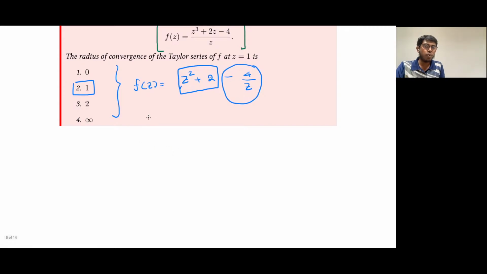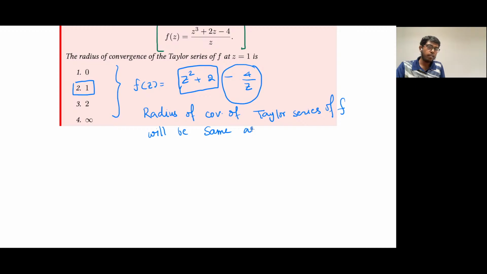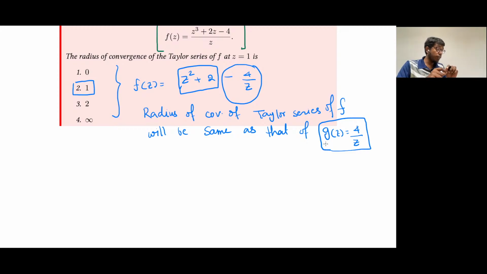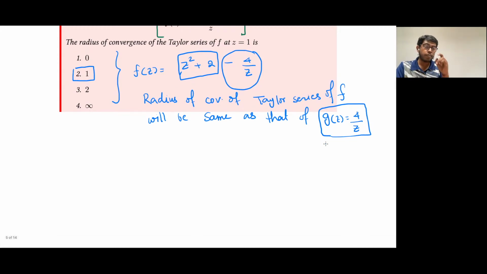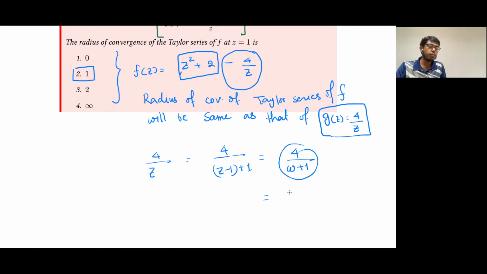So let's see 4 by z. The radius of convergence of the Taylor series of f will be the same as that of g(z) equals 4 by z, or minus 4 by z. Now we need to find the Taylor series around z equals 1. We can write 4 by z as 4 by (z minus 1) plus 1. And this is 4 by w plus 1, which is nothing but 4 times